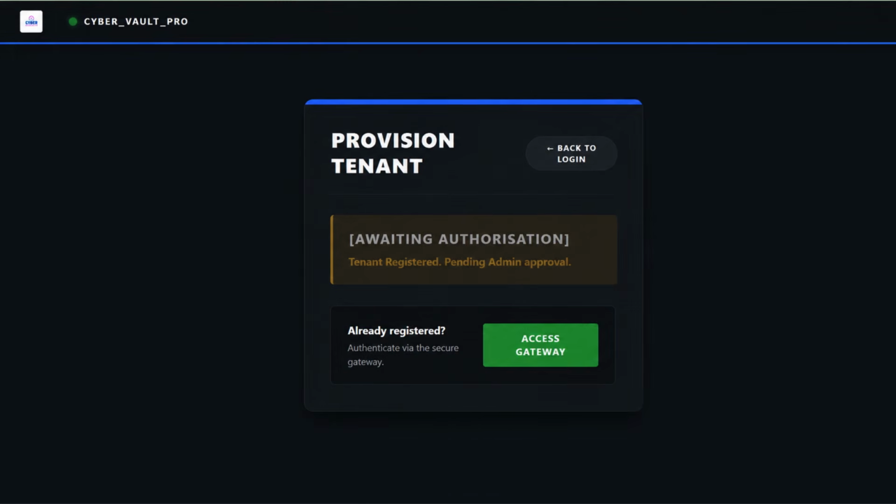The tenant registration request has now been successfully submitted. At this stage, CyberVault Pro has recorded the organization's details and created the pending workspace request. The status message, awaiting authorization, indicates that the registration is currently under review and awaiting administrator approval before access is